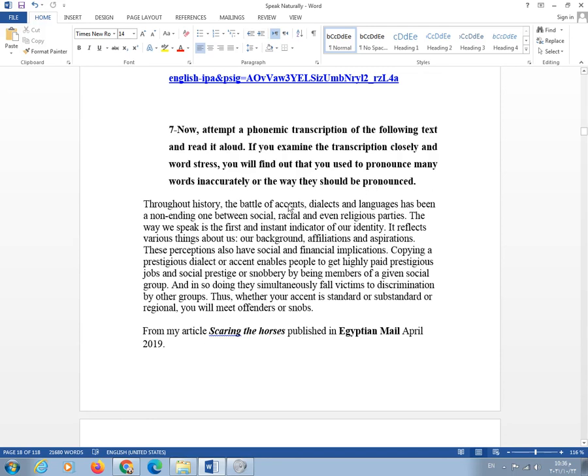This is a text that I have got from one of my articles, entitled Scaring the Horses, published in the Egyptian Mail in April 2019. Please get this passage and transcribe it and mark stress